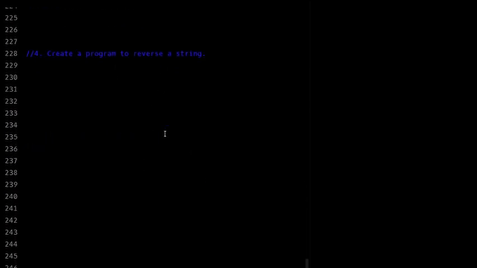Okay, so this one is nice and simple. Loads of different ways to do this. Create a program to reverse a string. I'm not going to do anything fancy because I don't think this question needs that. I don't think life needs to be more complicated than it already is. I would just say, okay, why don't we